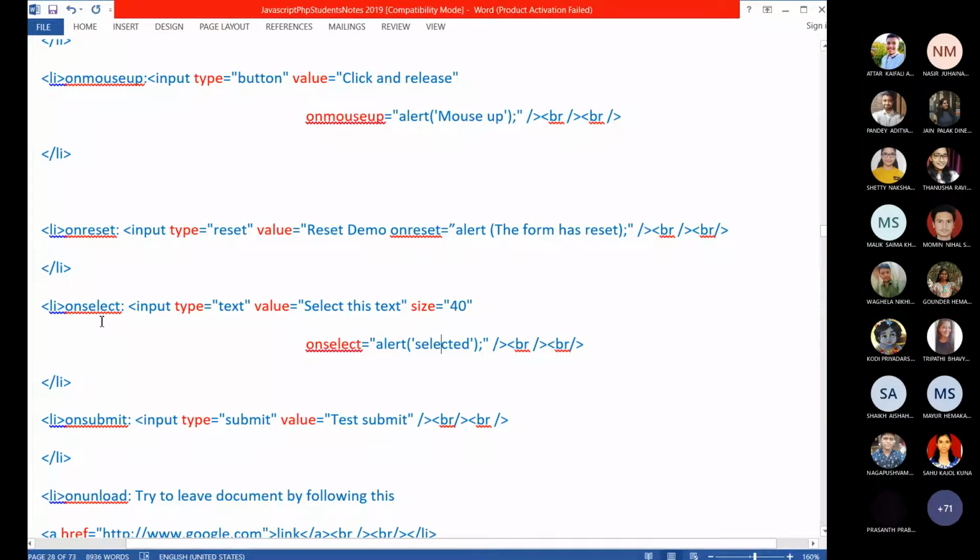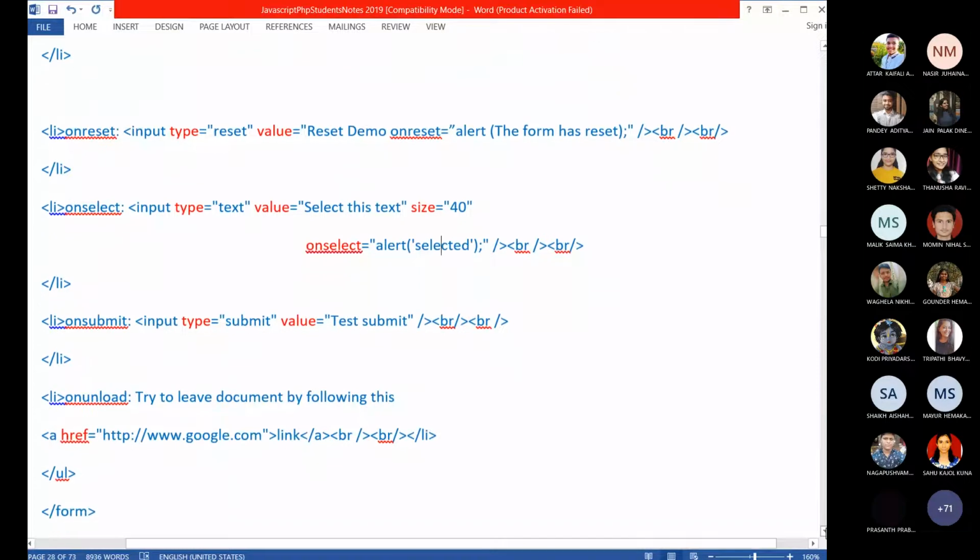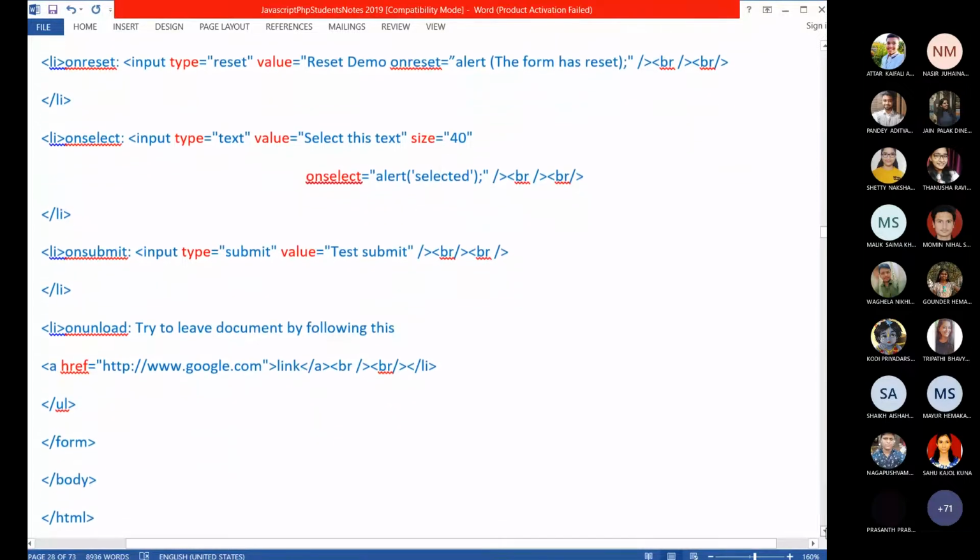Then on submit. On submit, you can use in the submit button and also you can use in the form. Students, remember, the on reset event we have used in the form and also the reset button.